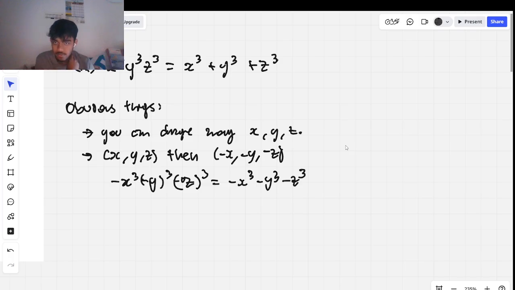One of the two minuses will turn into plus. So this whole expression is negative x cubed y cubed z cubed is equal to